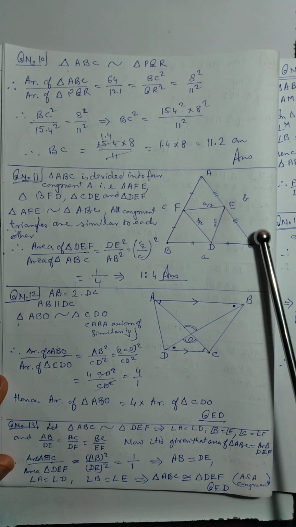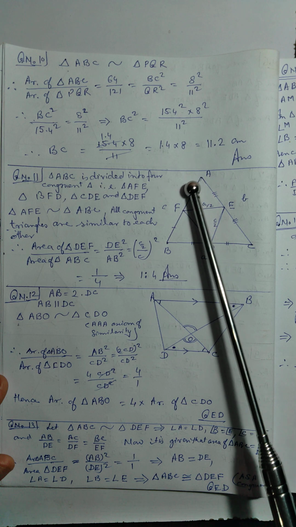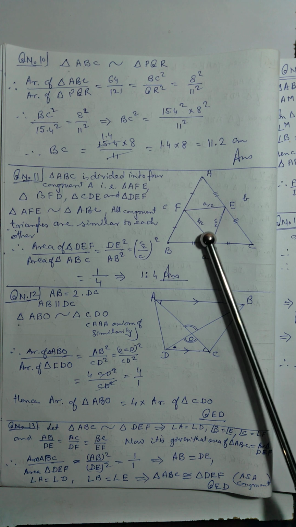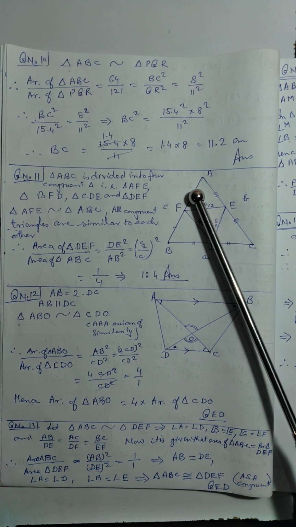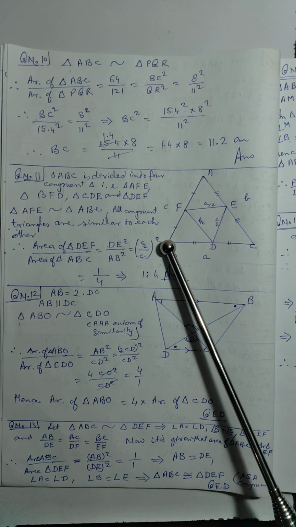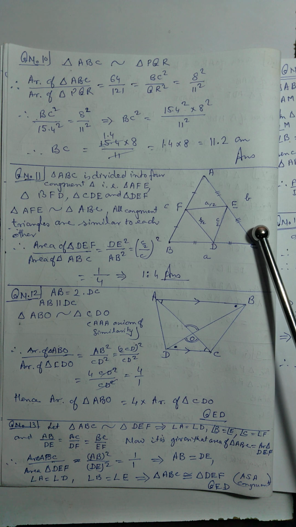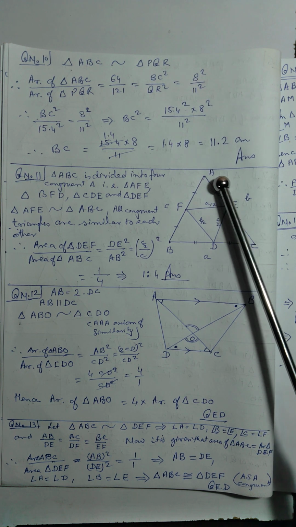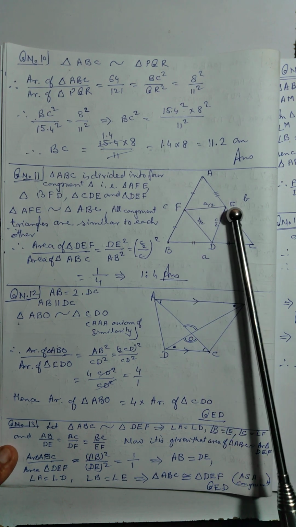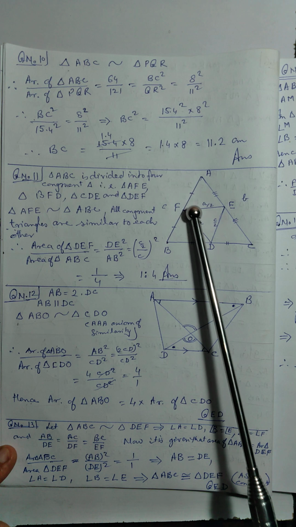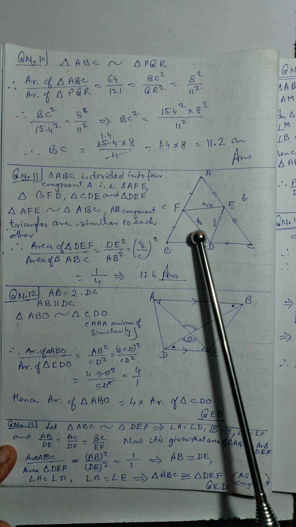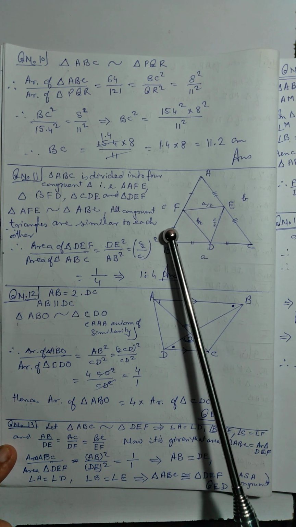Complete this ABC triangle, the bada wala triangle, the larger triangle has been divided into four congruent triangles. Why is it congruent? Because this is the midpoint, so AF will be equal to FB. This side will be equal to this side, which side? Means AE will be equal to EC. FE will be parallel to this, so it will be a parallelogram. So opposite sides will be equal in a parallelogram. This will be C by 2, this will also be C by 2.